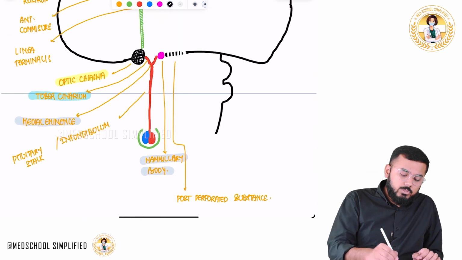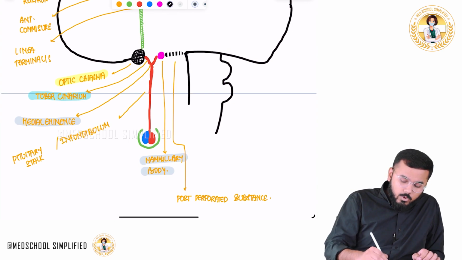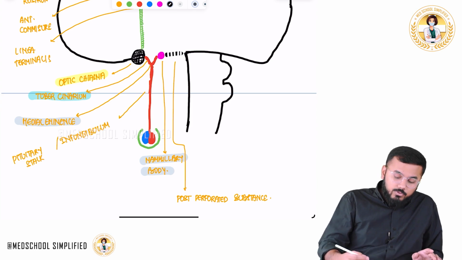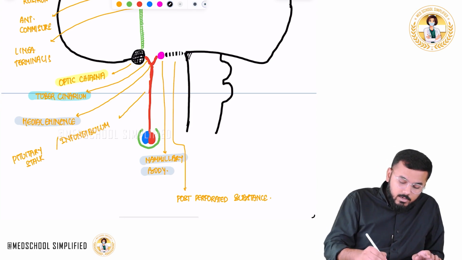Now behind your posterior perforated substance you have your midbrain like this. This is your midbrain. Now within this midbrain, if I make some lines over here, guys,